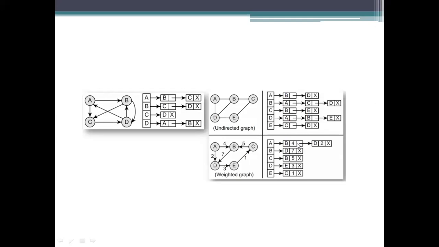Before getting into that next one, we need to add a column, or a part, which indicates the weight of that edge. So A to B, there lies an edge. This edge has a value of 4. And here also we have another edge from A, which has a value of 2. And there are no other edges here.